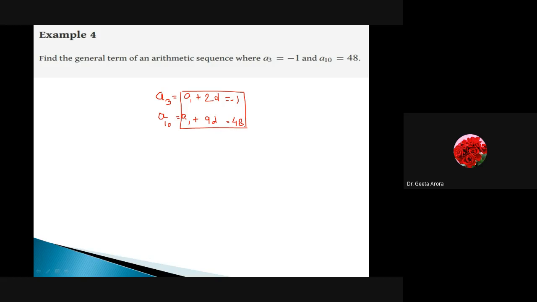So it's easy if I understand how to find A1 and d from the two equations in two unknowns. And finally, we have to write down the values, and using the two values, I can write down the general term. Hope you have obtained the d value. And if I substitute the d value in any other equation out of these two, I can find the first term.